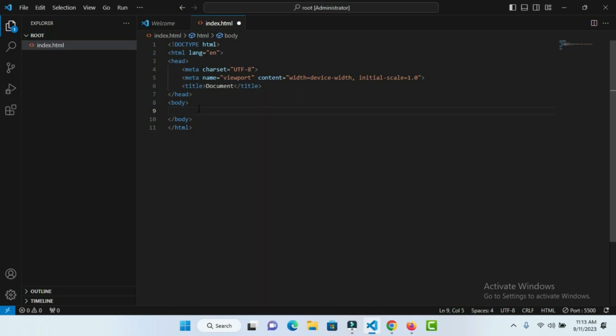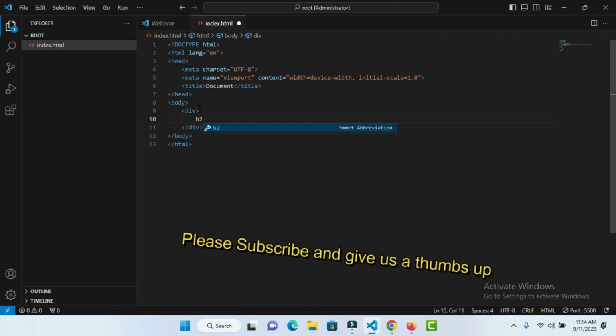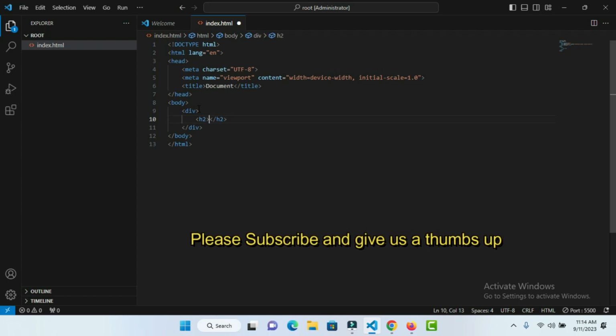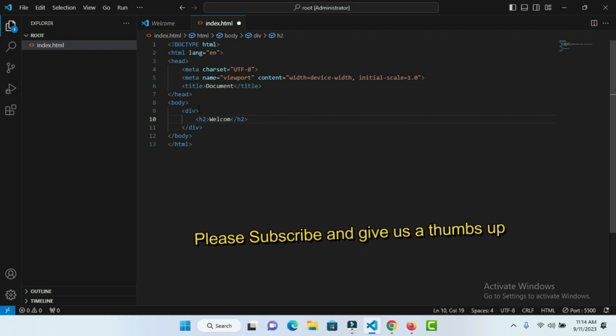Now that we have already understood the importance of HTML, let's write our first HTML code. Like I said, HTML deals with tags, elements and attributes. Just for example, let me use this div tag like this. Once I've written my div tag, it is just like a container holding your code, a section, a division of your code. Inside this div tag you can choose to write your h2,